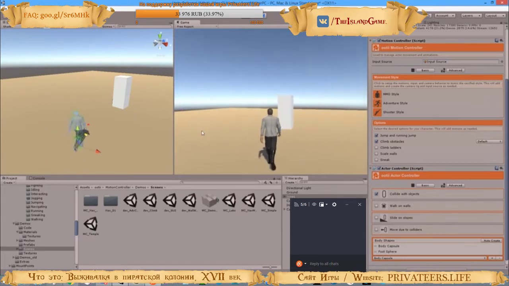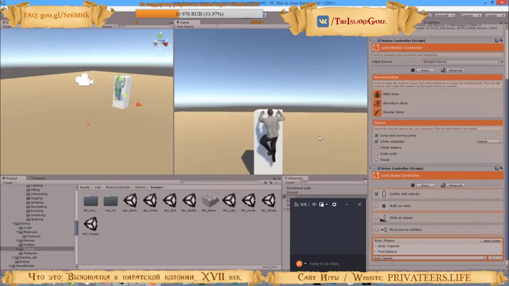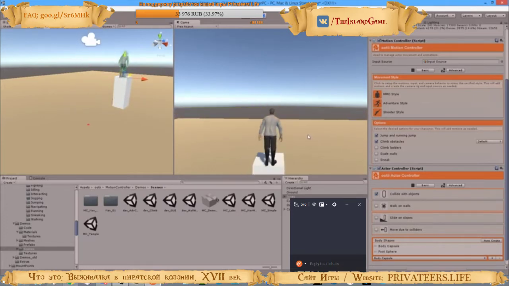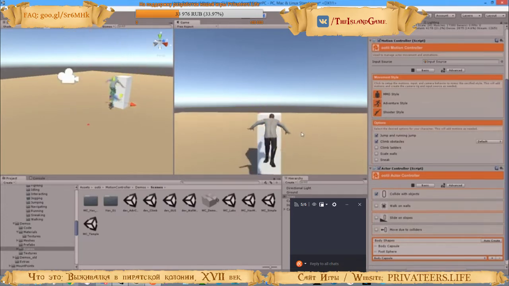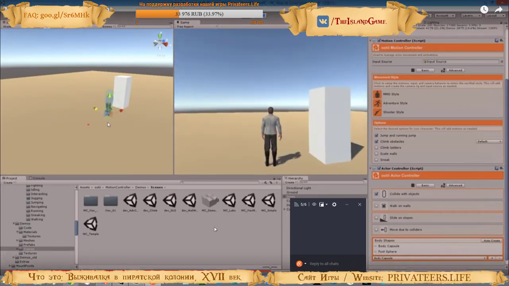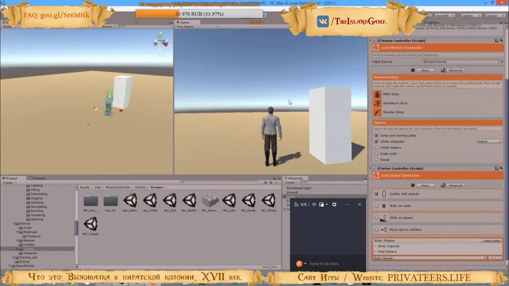And of course, if we walk up to this column here, we climb it and we're good. And of course, we can jump and fall, and here we do. So we've got a character that we put together in what, like 5 seconds? So let me show you a little bit of what I did. I'll go into details in a future video, but basically what we've got is